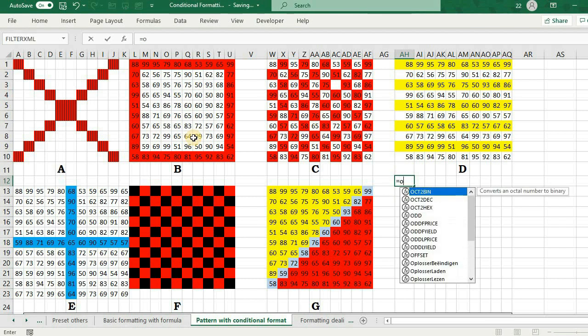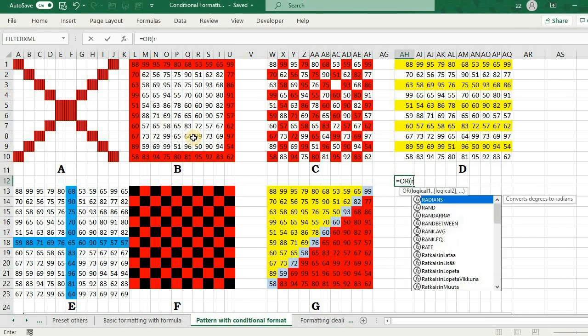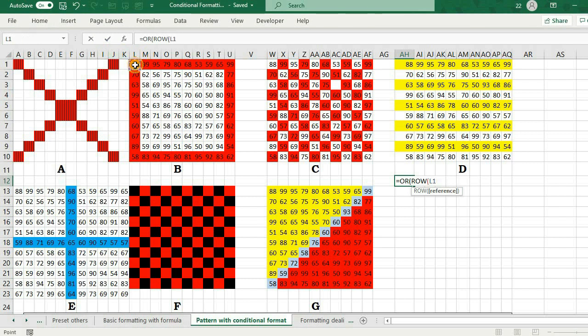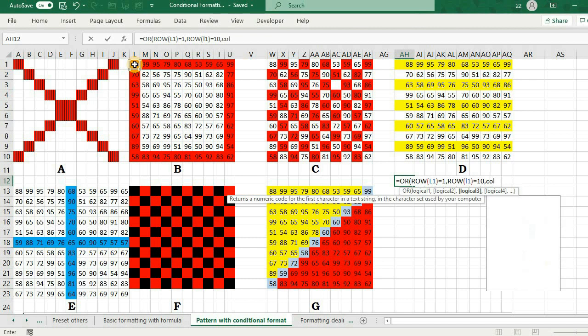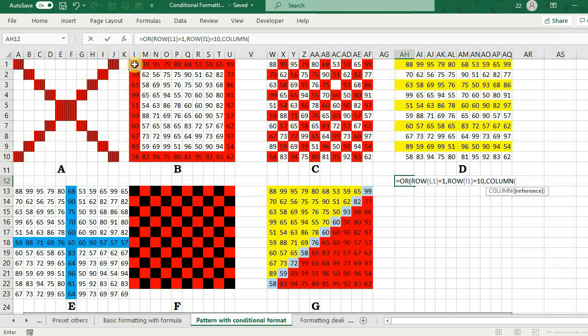So I will set for row number L1 equals 1, or row number L1 equals 10, or column number L1 minus column number K, and this would be locked.